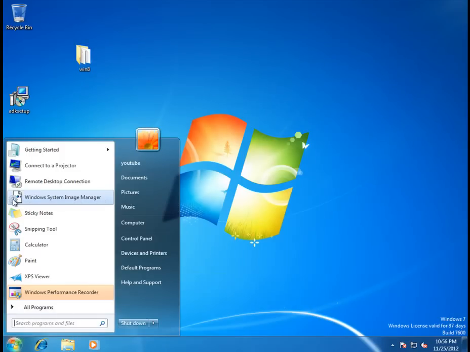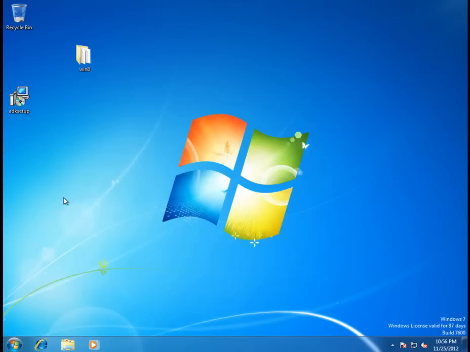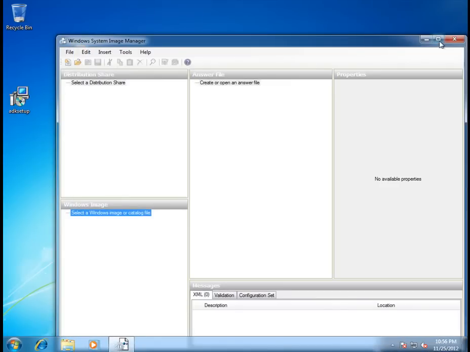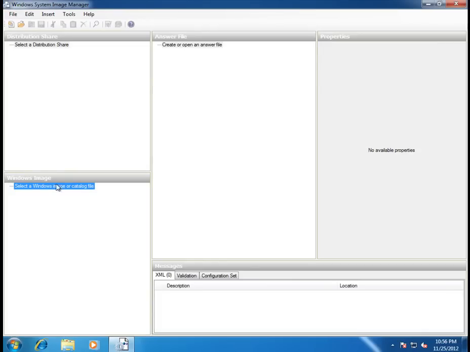It's going to bring up this following menu, which is right here, which is Windows 7 System Image Manager. You want to go ahead and open that up. And the first thing we want to do once you have this opened up is find the image, the one that we're going to develop our unattended install file from. So let's go ahead and right click under where it says Windows Image,